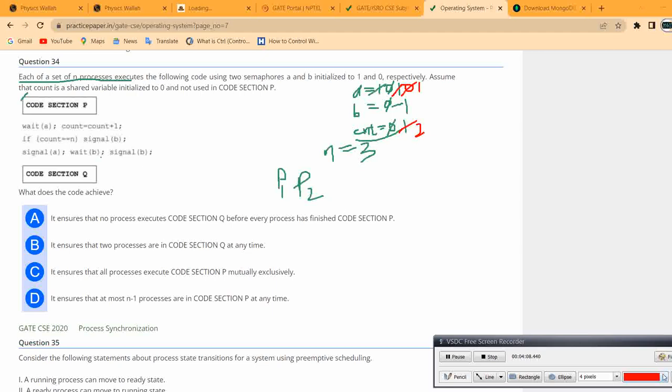And if P3 wants to exit the critical section, it will perform the wait operation on A, it becomes 0. It will increment count, it becomes 3. If count is n, yes, signal B, it can signal B now, it becomes 0. Signal A,